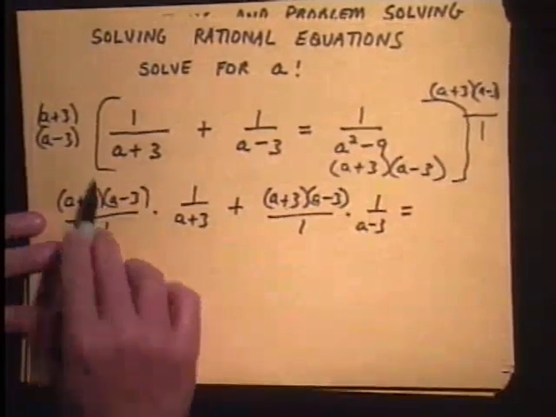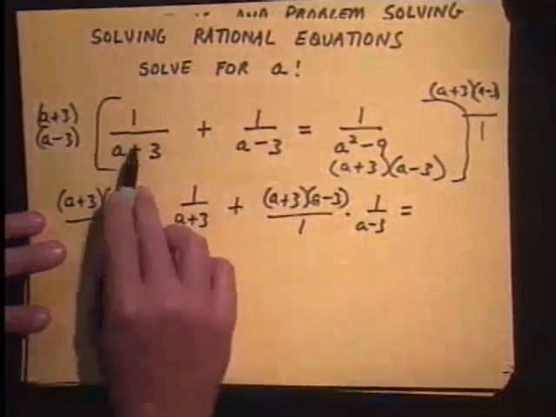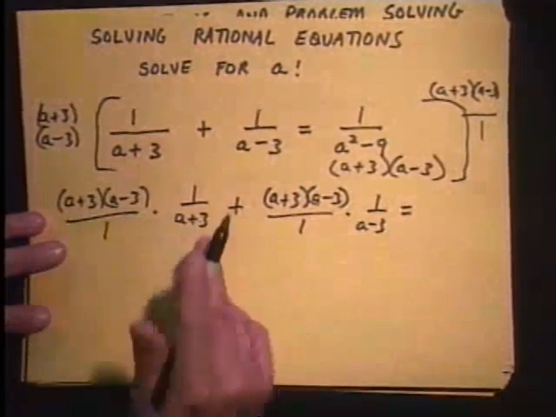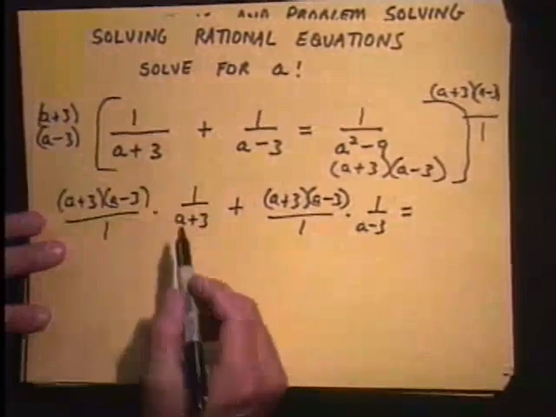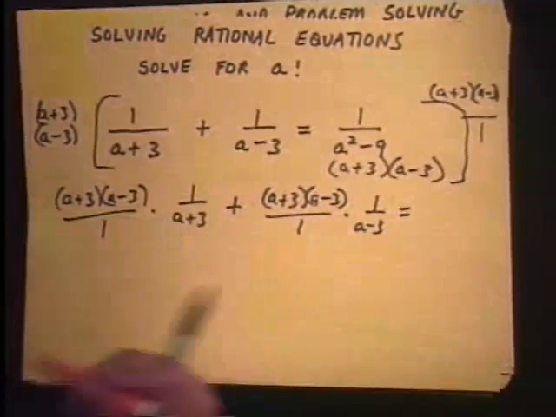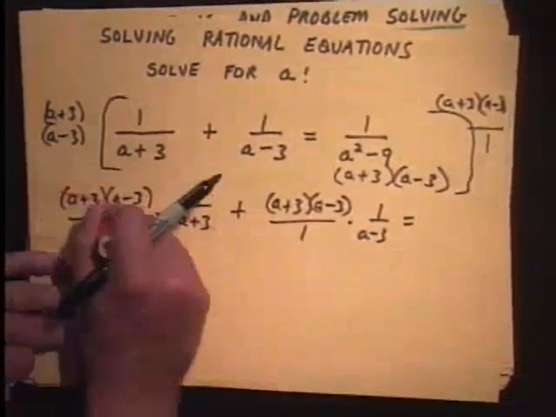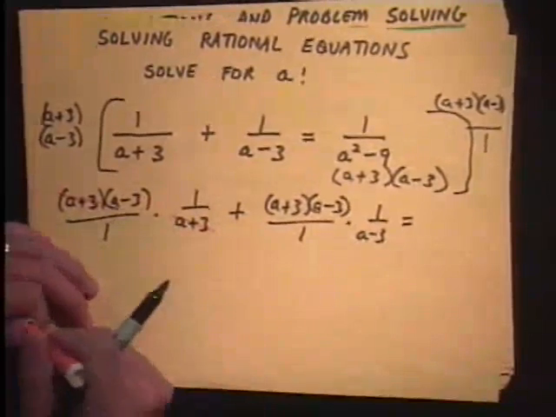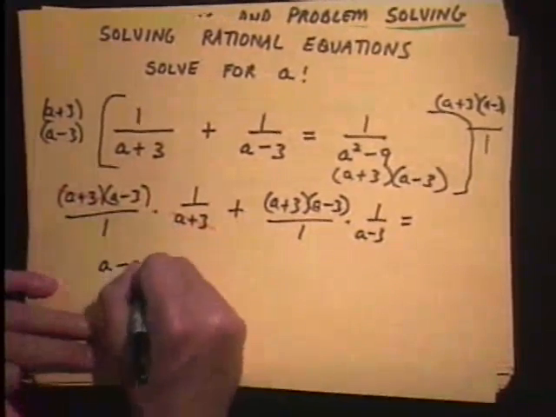So when I multiply the common denominator by the first fraction, guess what's going to chop out? You guessed it, and I'll do it in a nice pretty orange here. The A plus 3's go out, and we are left with 1 times A minus